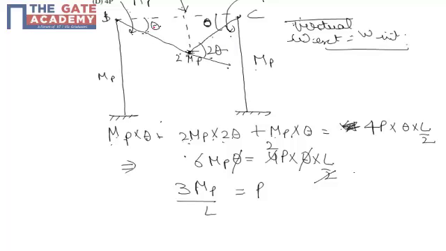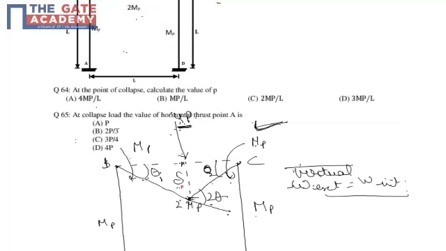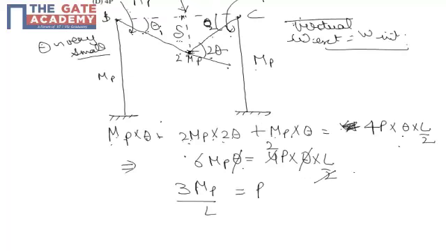This is theta 1 plus theta 2. Now since the load is acting at the midpoint, theta 1 is equal to theta 2. So MP theta plus 2 MP into 2 theta plus MP theta will be 6 MP theta, and this should be equal to the external work, where external work is delta multiplied by load, that is 4P into delta. Now this delta will be theta into L by 2, since theta is very small. That's why we have written tan theta approximately equal to theta. This gives us the value of P as 3 MP upon L.